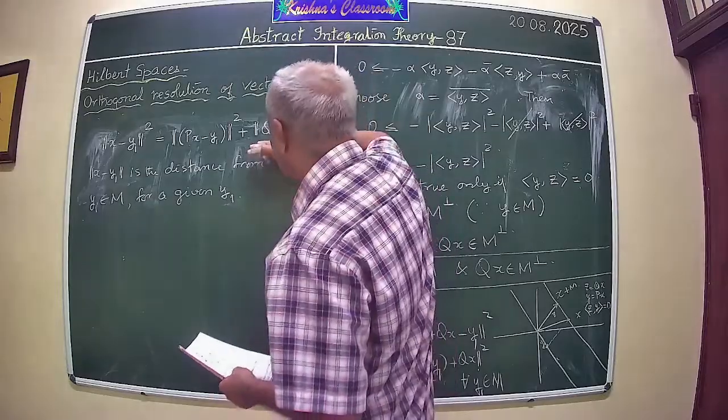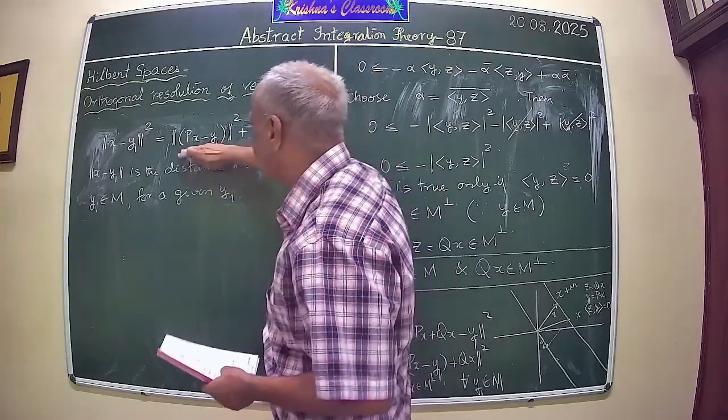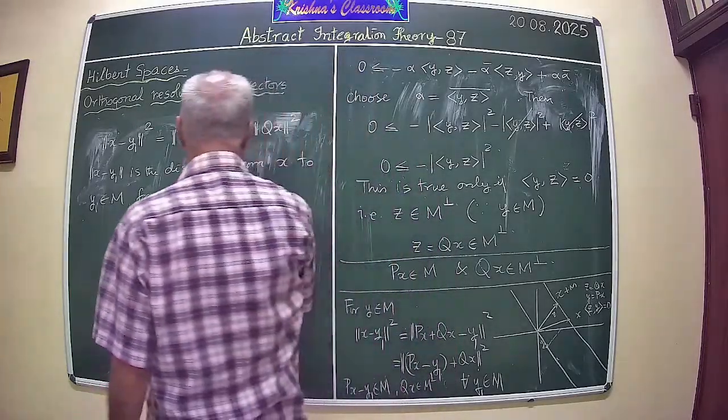It's actually norm of Qx square plus this one. So this is minimum